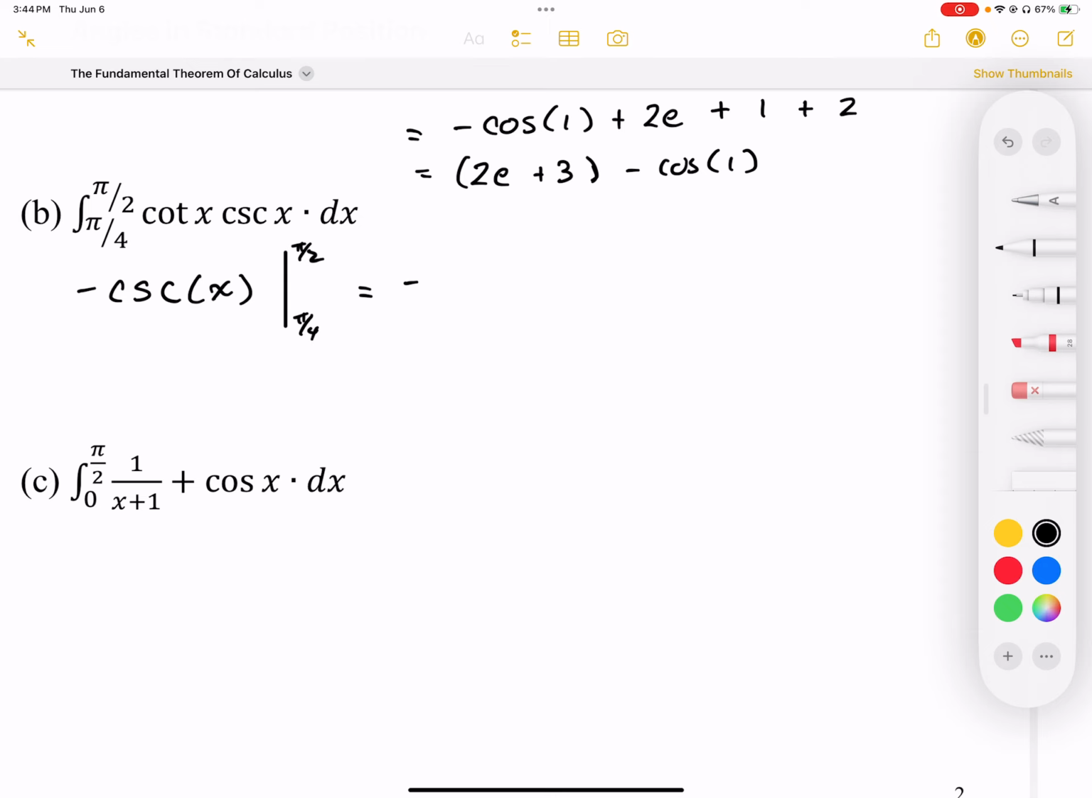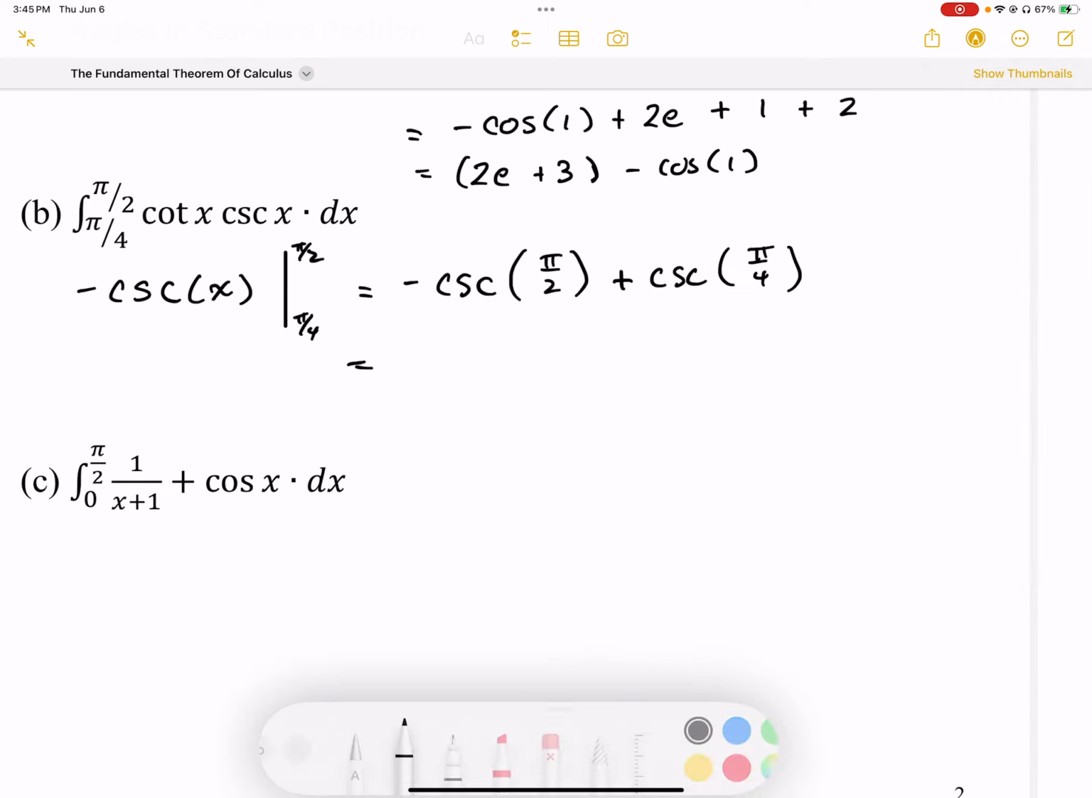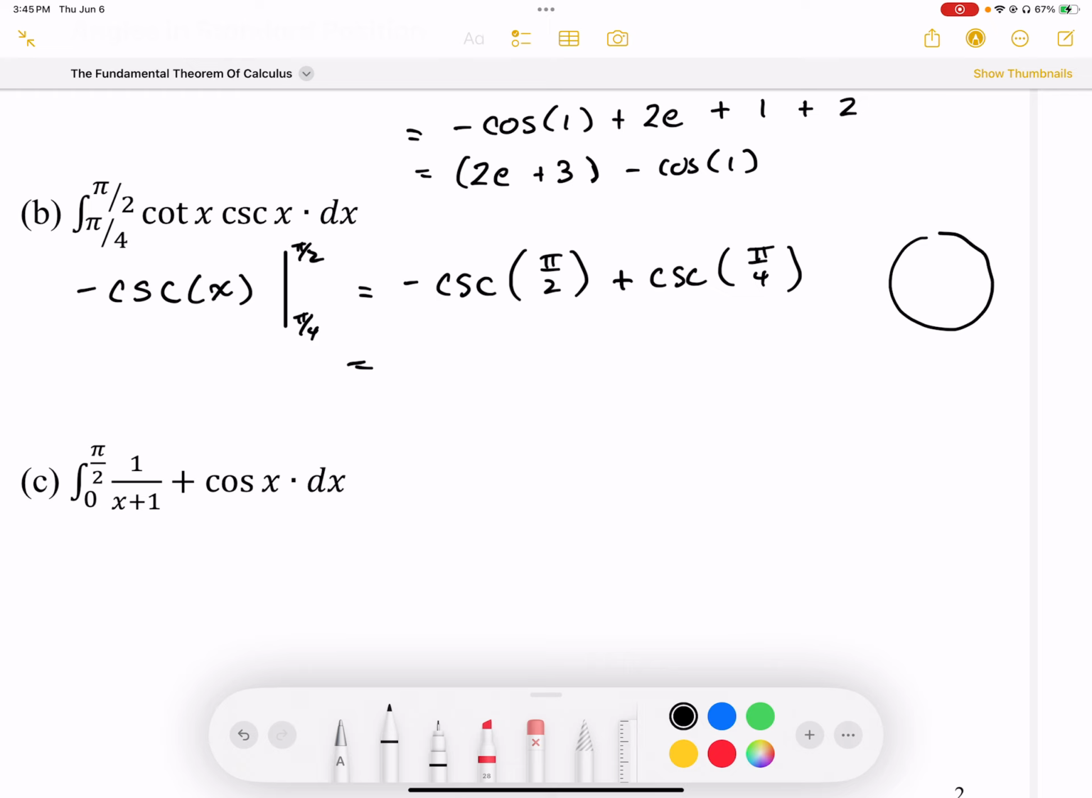So plugging that in, I get negative cosecant of pi over 2 minus negative, so I'm going to plus cosecant of pi over 4. Okay, so cosecant is a reciprocal of sine, so I'm going to start with sine of pi over 2. If I draw my circle in here at pi over 2 at the very top, the sine value is equal to 1. So that's going to be negative 1